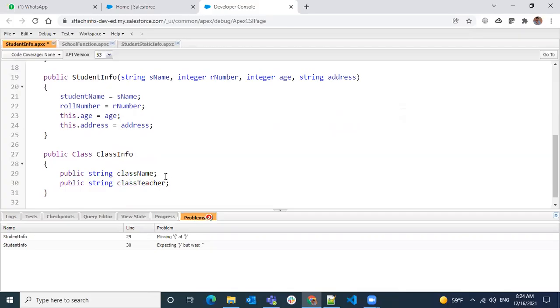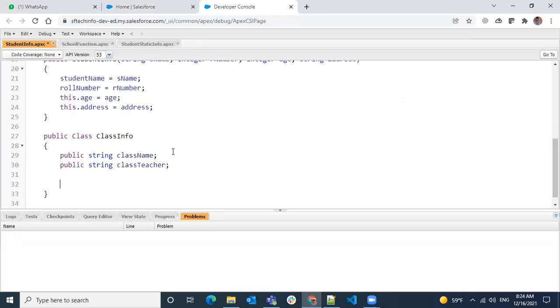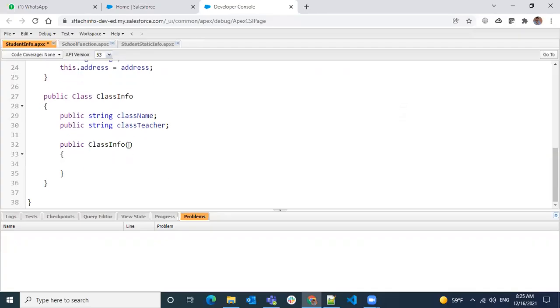So this is going to be the inner class, which is going to be a parent class. Then I have a constructor for this inner class, which is public. The constructor is the same as the class name, it will not have any return type, and you can have parameters or not, that's your wish.